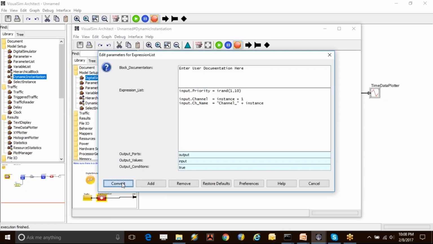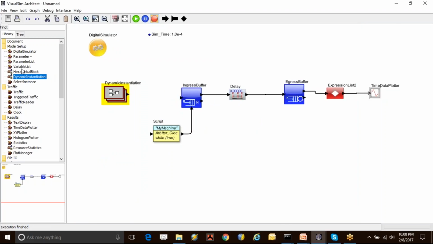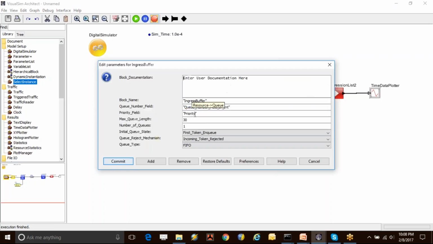Okay, so I'm going to commit as it is, and now we have a dynamic instantiation block that can send transactions out of this block, and I can have 10 different channels or the IO interfaces that are generating requests over here. So in this case, I can set this to 10. In order to understand from which channel I'm actually getting, I can set this to field as channel because it is already the field that I'm using,